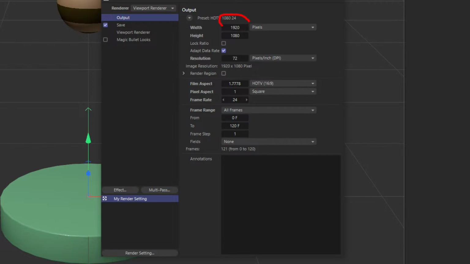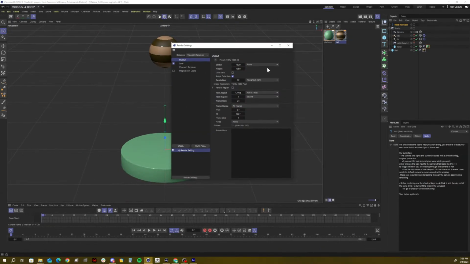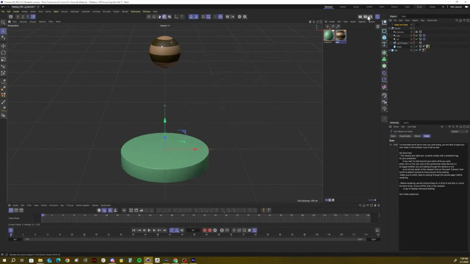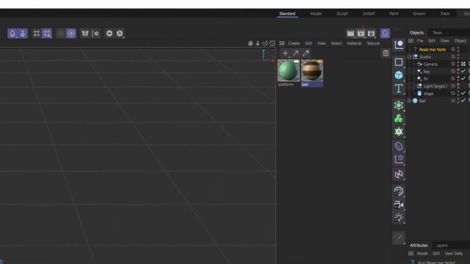So we're going to check this one, and this one. Make sure these are all appropriate: 1920, 1080, 24, all frames. And then I'm just going to close off that. And then up here, in order to render the sequence, you just hit this little slate icon with the play